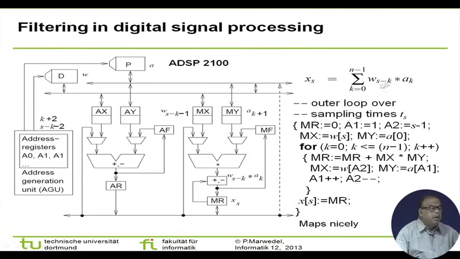Sth element means what here? The last one that we have got, right. Now, we do in a loop. Now, this is the initialization, let us start with this, we did this and then we do MR gets MR